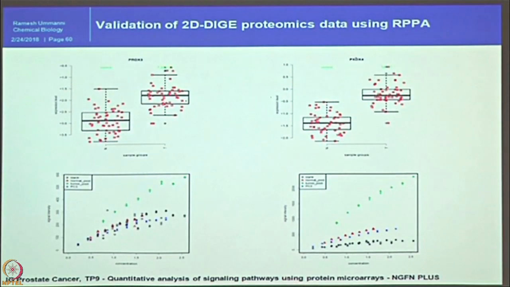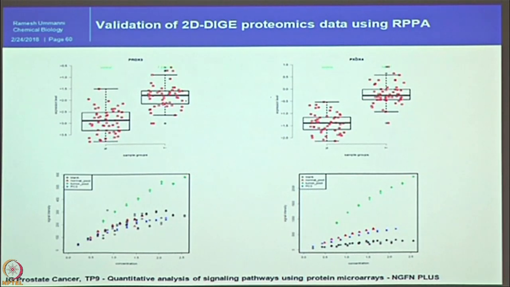To proceed forward, I then did this reverse phase protein array approach. I could see clearly the difference. For example, I am showing peroxiredoxin 3 and 4. You can see each dot represents one patient, and it is upregulated in patient samples compared to the normal or control samples. We can also see the signal dynamics depending on the serial dilutions and so on. Based on this approach, we could identify that these are the different proteins really differentially regulated in cancer tissue compared to the normal tissue. From 50 microgram of protein, we ran a 2D gel, which obviously requires a high quantity of protein.